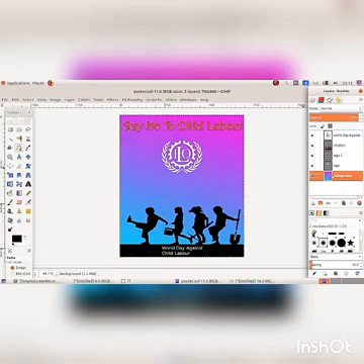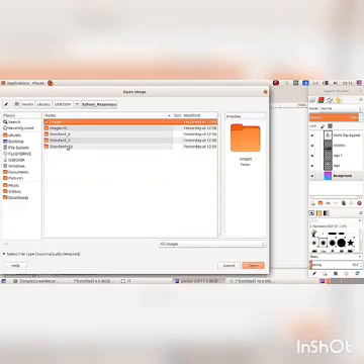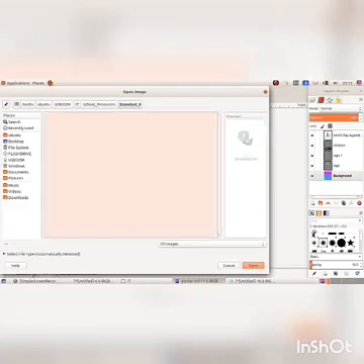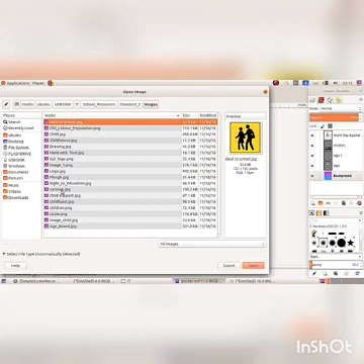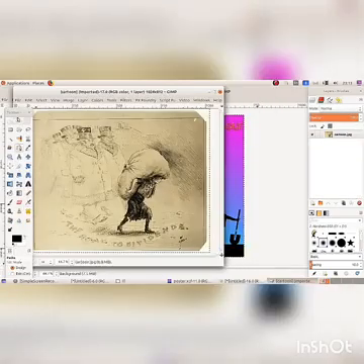Now, select the background layer. Then click on the File menu. Select the Open option. The Open dialog box appears. Select the file from the destination folder. Select the cartoon.jpg file. Click on Open. The file opened.